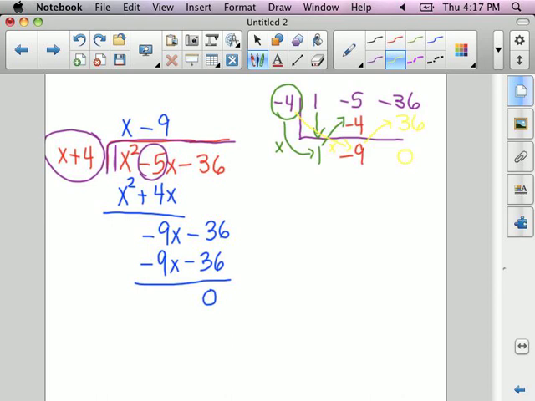I need to analyze what happens here. First of all, the rightmost number, the one on the far right, the last thing you write down, is the remainder. Typically, I even have kids put it in a little box like this. So this is my remainder. And the rest of these pieces here are the coefficients of my terms, and they go in descending order. So typically, if I have my remainder all the way over here on the right, the next guy over is my constant term, which is just my plain number,